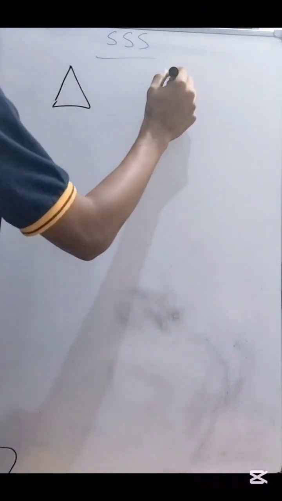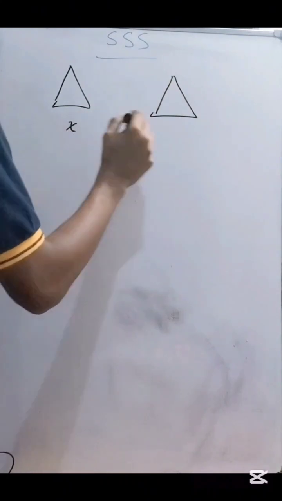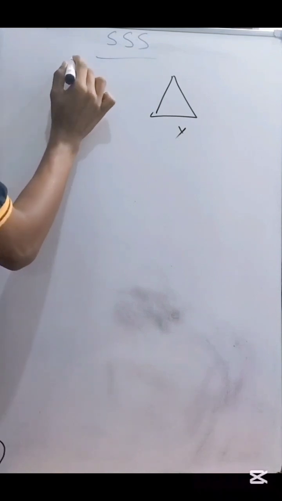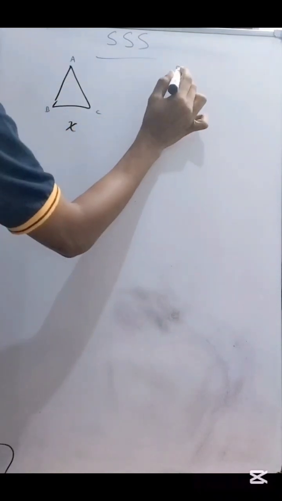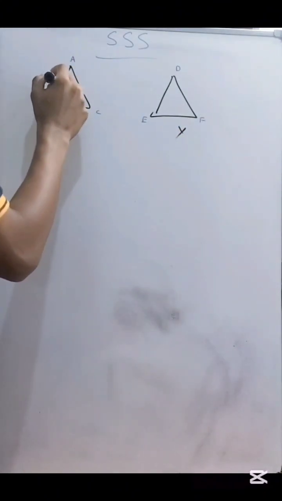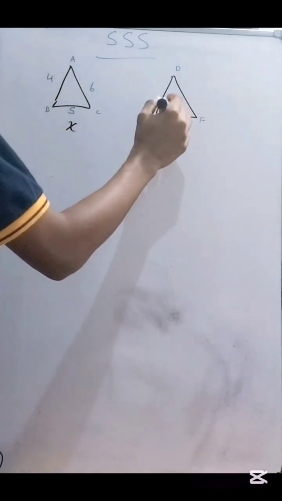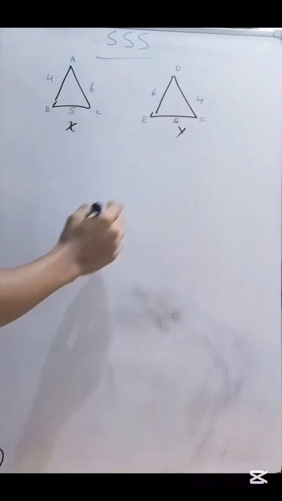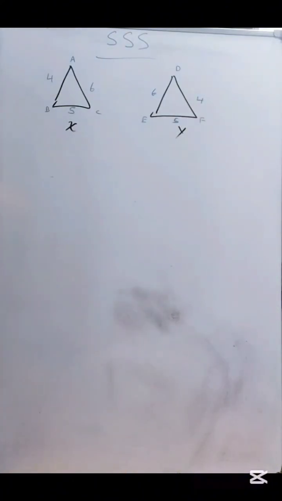Now let's take two triangles, X and Y. To prove these X and Y triangles are congruent, what we do is we equate the three sides of both triangles, which is